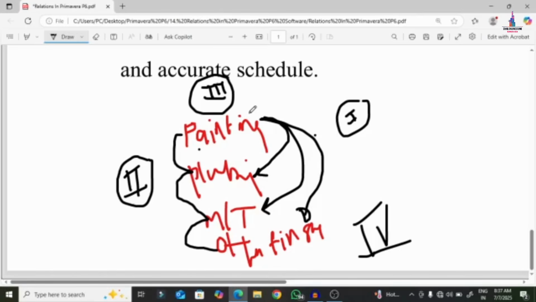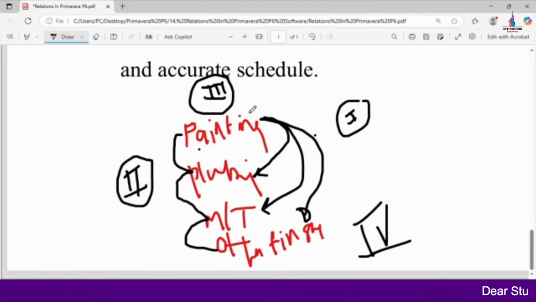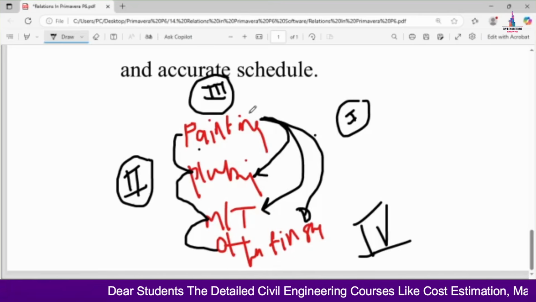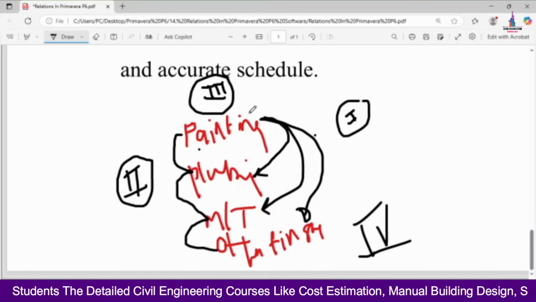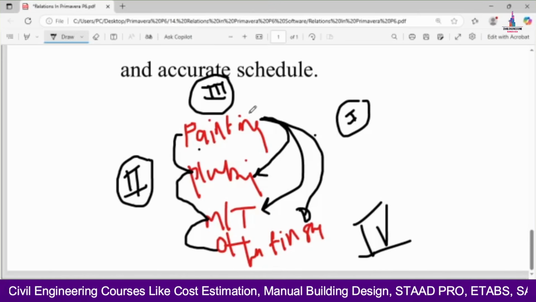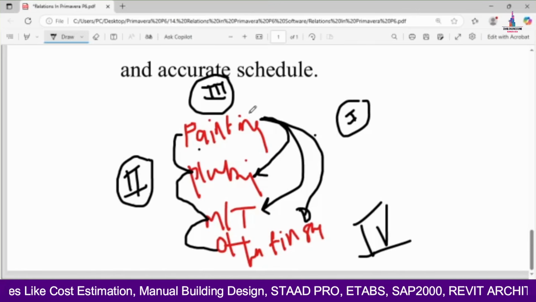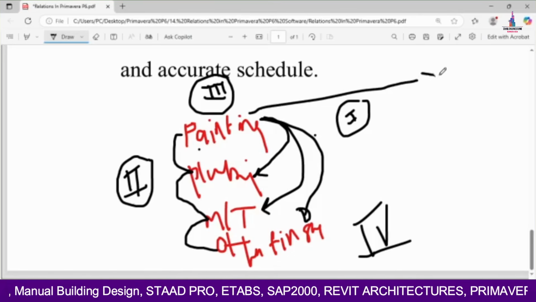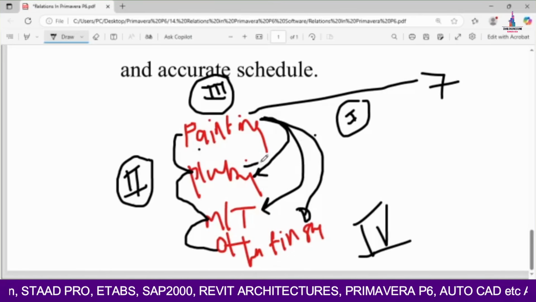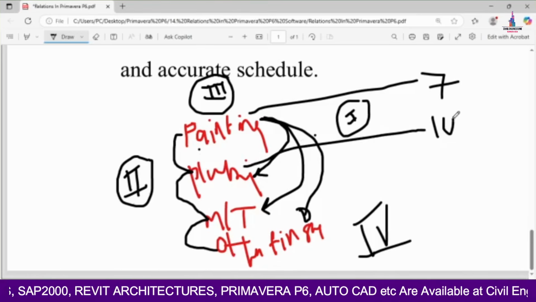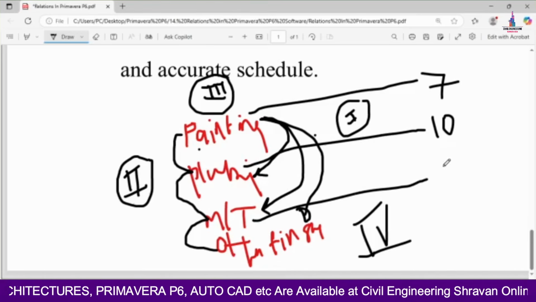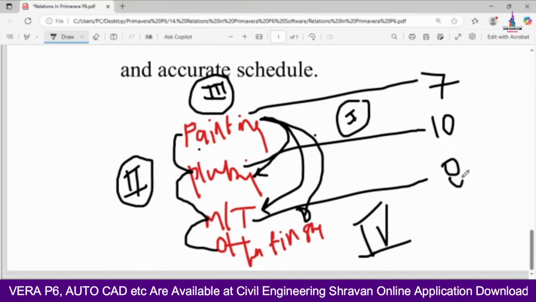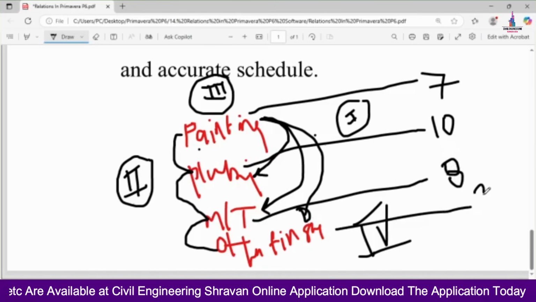For example, let us take 2nd of June. Let us consider I started painting. At that time, on 2nd of June, you can start the plumbing also, the marble and tiles work also, and the other finishing work. But the time each activity takes differs. Painting activity, let us consider, will take around 7 days for the project. Plumbing activity around 10 days. Marble and tiles work, 8 days. Other finishing work, you can consider